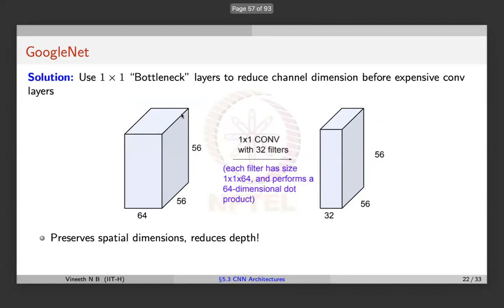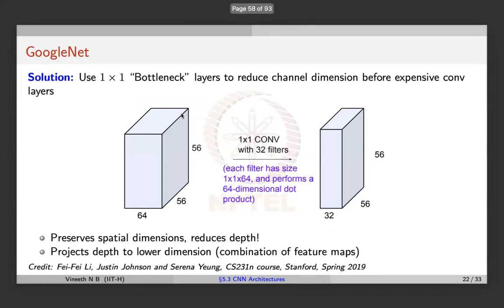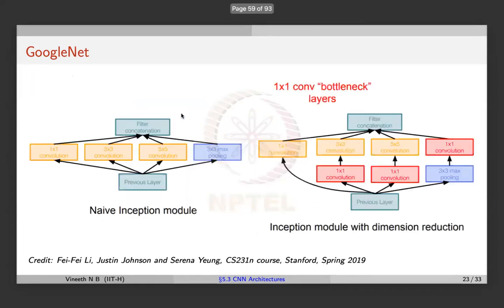So they did that. It preserves the spatial dimensions but reduces the depth. So it projects depth to a lower dimension. Instead of using the picture on the left hand side here, whatever, here they started using